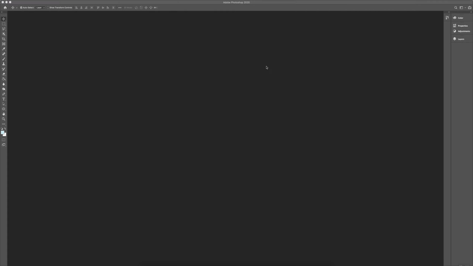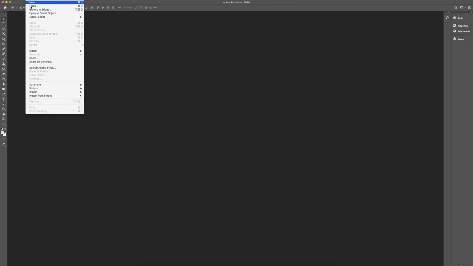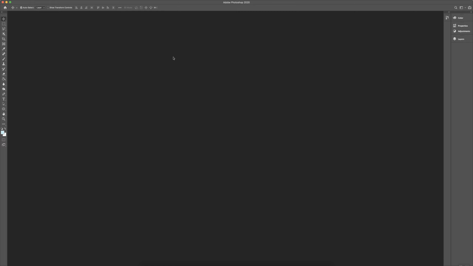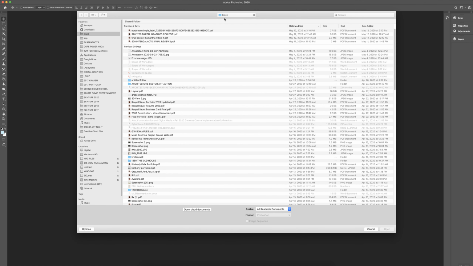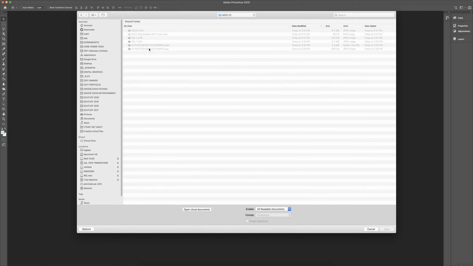All right, you should have all of your files downloaded from Module 2, and what I'm going to do is open up one of the files to get us started. So to open a document in Photoshop, up at the top of your menu, you can go to File and then Open. And again, I'm sorry if the word File is cut off. The shortcut is Command O if you're on a Mac, or Control O if you are on a Windows machine. So go ahead and navigate to the folder where you saved everything, and we are going to start by opening